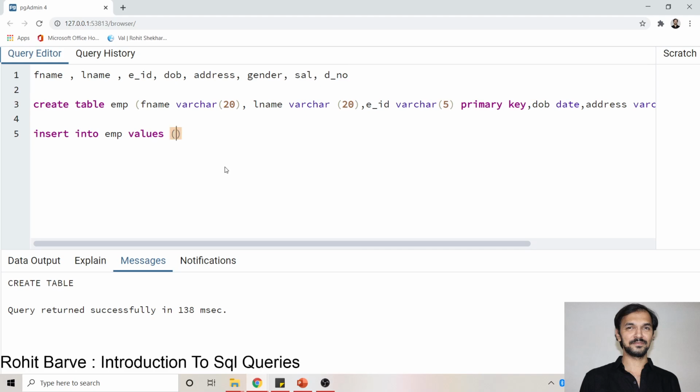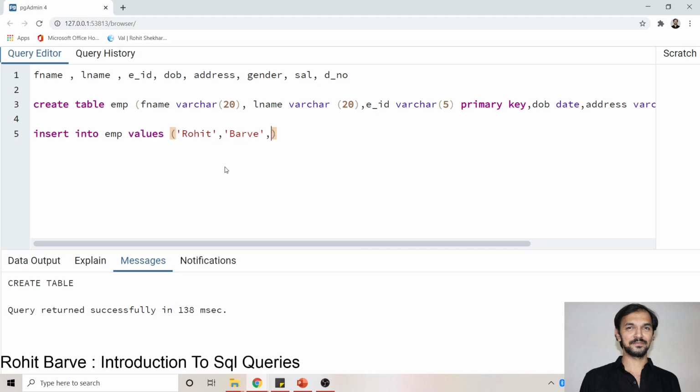Wherever we have used varchar or char data type or date data type, we have to write values in single quotes. Let us say fname. Fname must be entered in single quotes. So let us say I will write Rohit as fname. Then second is Barve as L name.